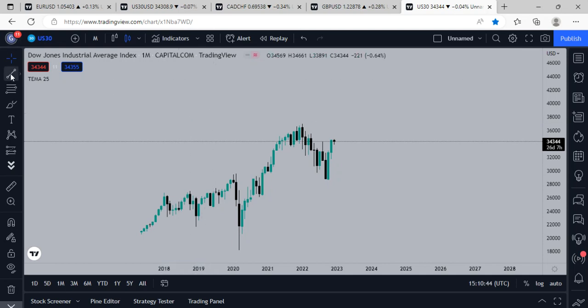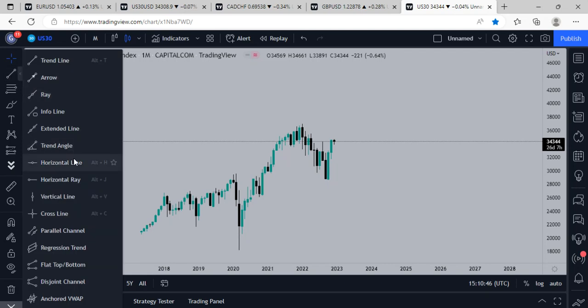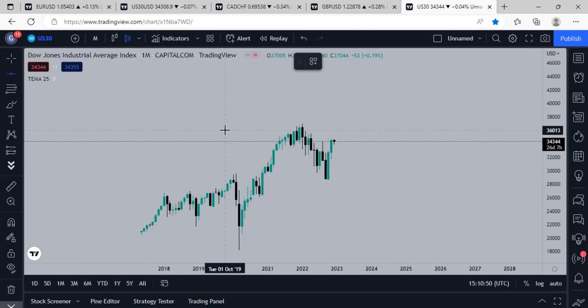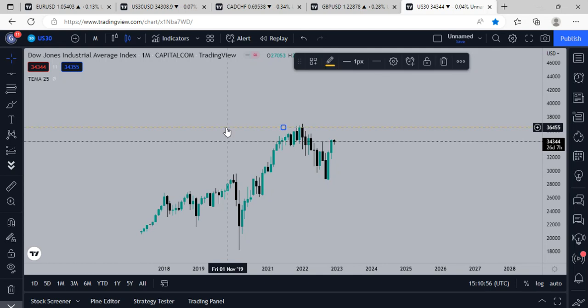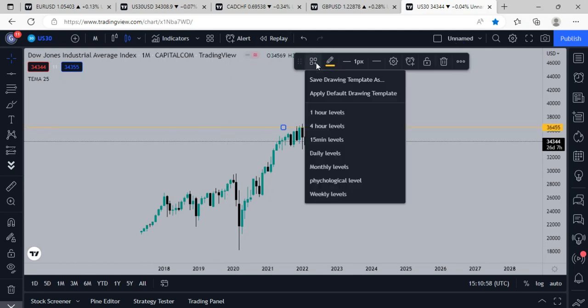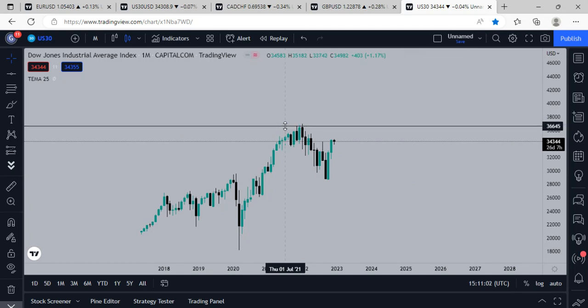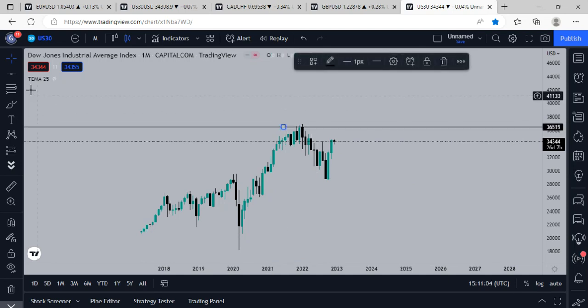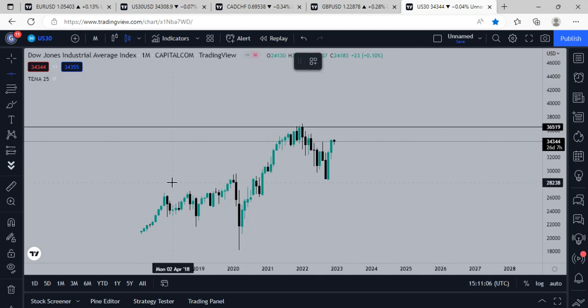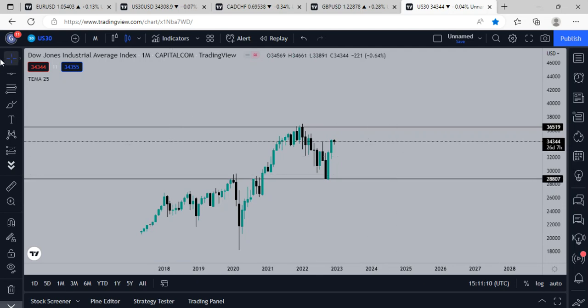Okay, so I'm on US 30 right now, monthly time frame, and I'm going to set these two levels. This is going to be my monthly resistance right over here. Okay, and then I'm going to have this as my support. As you can see,